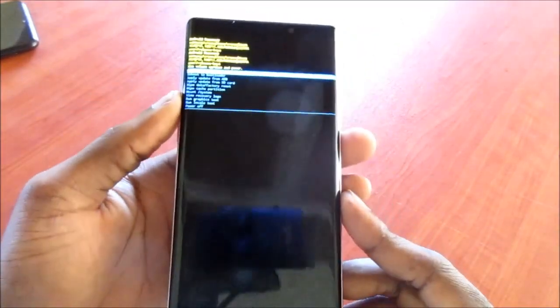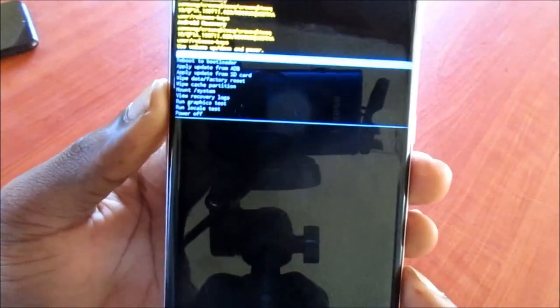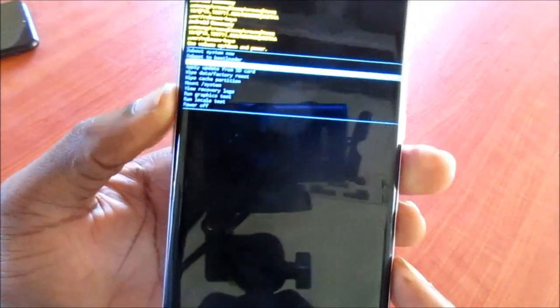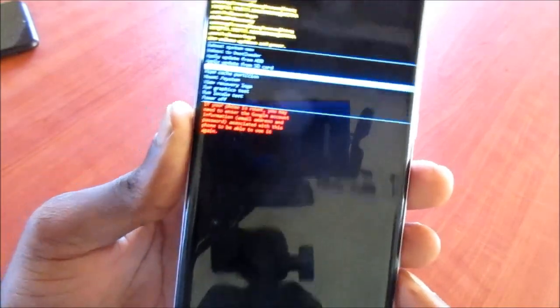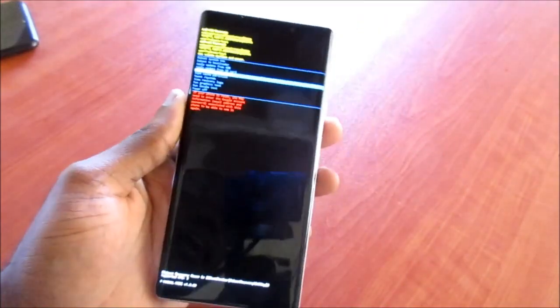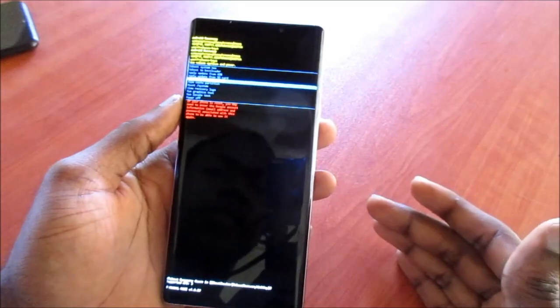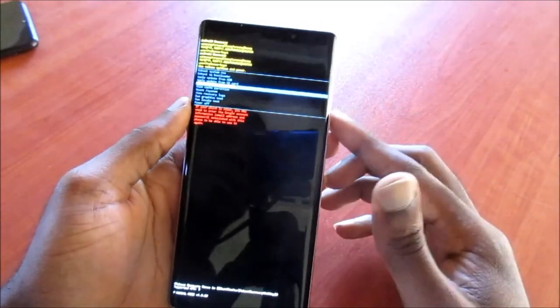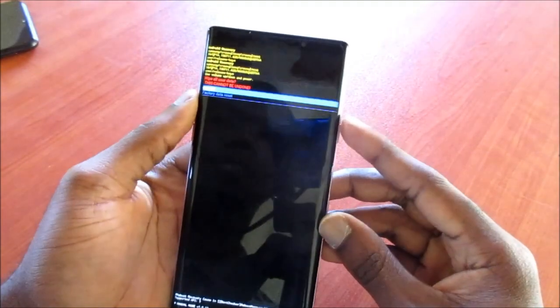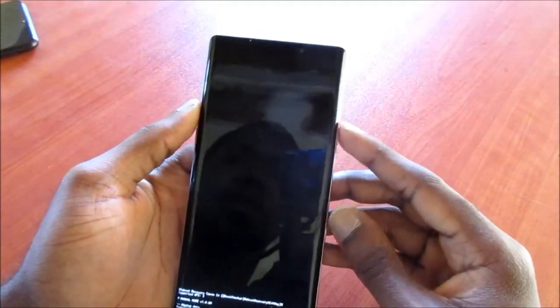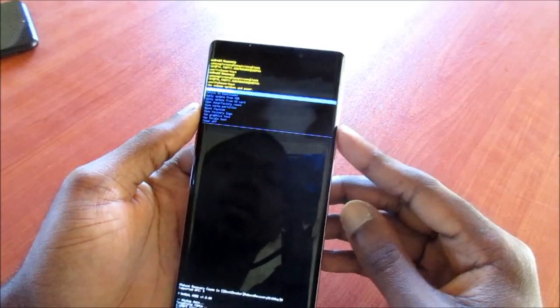When it takes us here, we just need to scroll down with the volume down button, and we go to wipe data factory reset. If you have your Gmail account on your phone, you will have to put that Gmail email and password back in. So we are going to factory reset the phone,